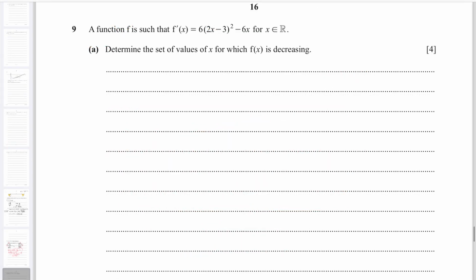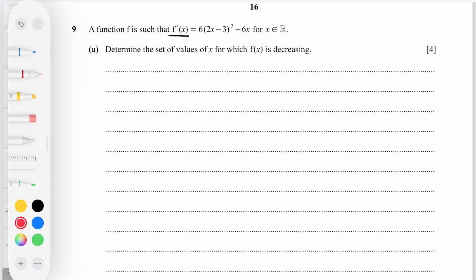All right, now let's look at the new question. A function f is such that f bar x is equal to, so this is the differential given to me. Determine the set of values of x for which f of x is decreasing. Decreasing means that the differential should be less than 0. So let's solve it. Power comes down. Okay. Since we have the differential given in the question,